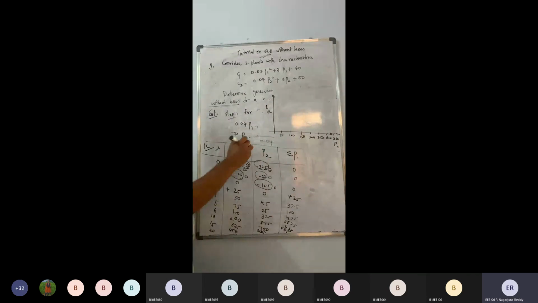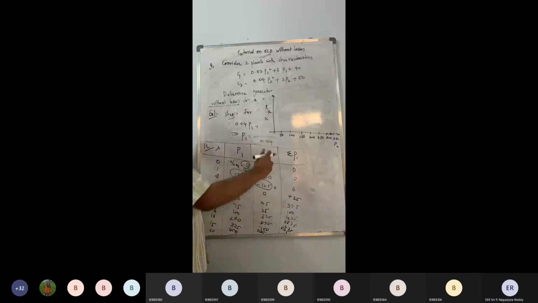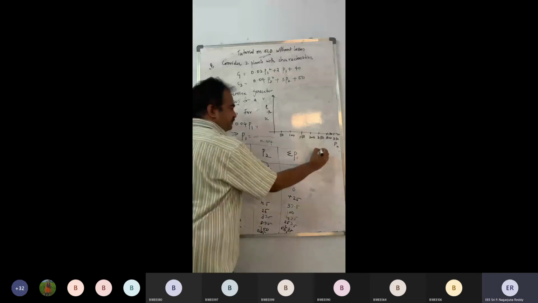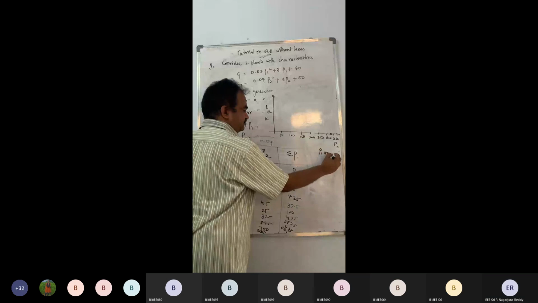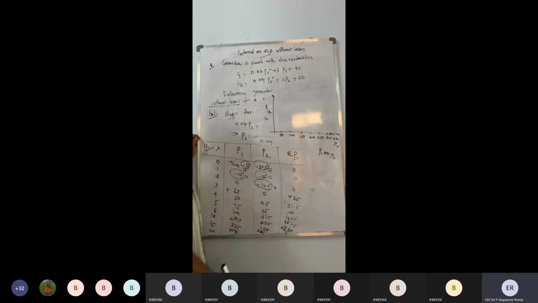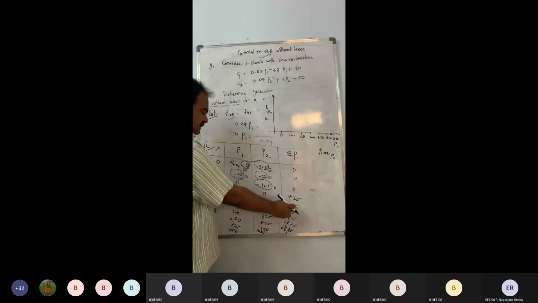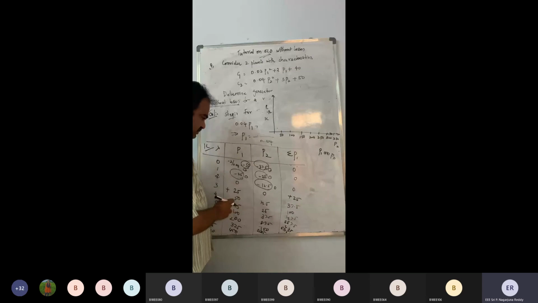Carefully, P1, P2, IC, whatever you want, you can draw it here. If the demand is 0, both my generations are going to be 0. So first of all, I will draw the graph of P1 versus P demand. At 0, it is 0. At 25, its value is going to be 25. At 37.5, its value is going to be